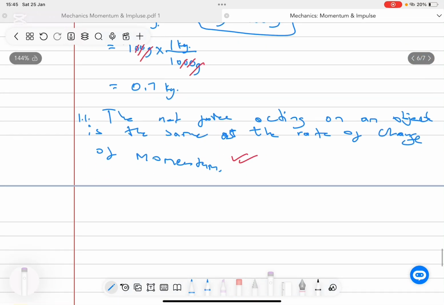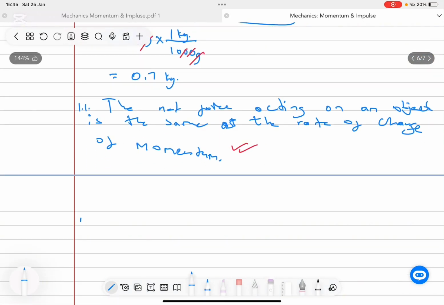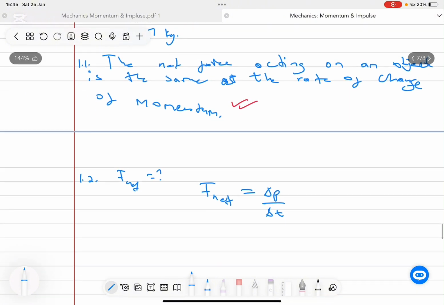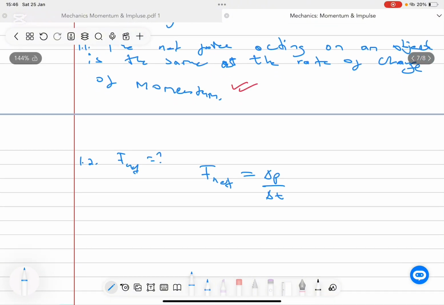So we want to calculate this force now. This is 1.2. Now, in my problem classification already, I did mention that I could be asked to calculate the force because we identified the relationship of Newton's second law, that the net force is equal to the change in